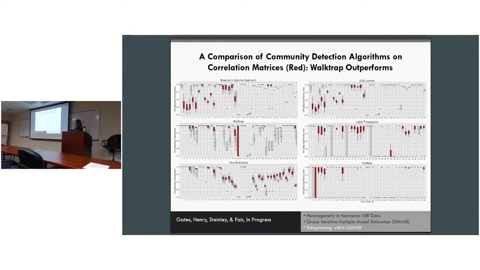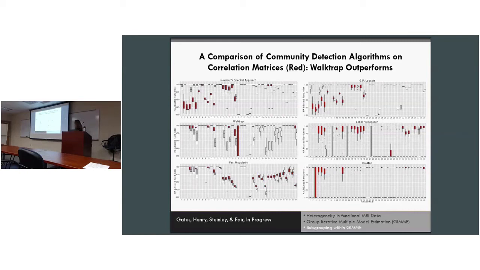The problem is that most of these, with the exception of fast modularity, were tested on weighted matrices that were sparse and count matrices. So you would have maybe 0, 1, 2, 3, 4, and then they did examples such as how many papers have you published with certain people, which is a count. And so these were all tested on count matrices, and correlation matrices have very different properties. There's interdependence among the elements, and they're dense. There's typically no zeros in a correlation matrix.